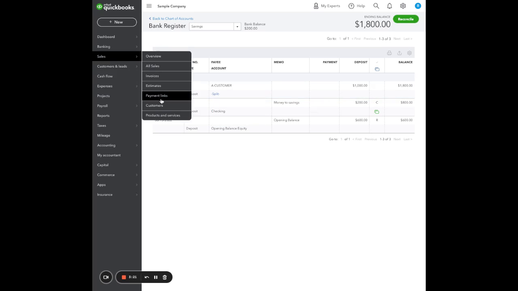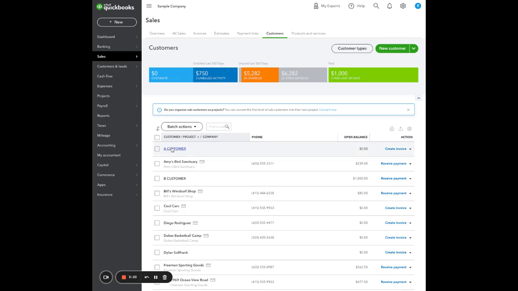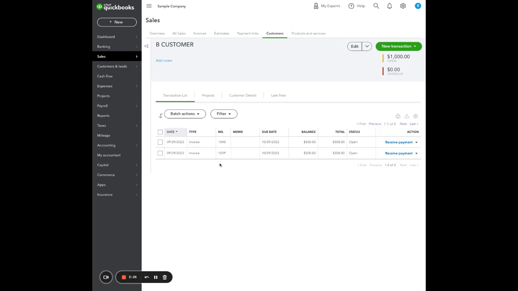The other thing I want to point out with customer B is what to do when a customer sends one check to cover multiple invoices. So in this case, the customer has two open invoices, but they sent one check for $1,000. So in that case, we don't want to receive payment on each one separately. We want to do it together. So we'll click Receive Payment,